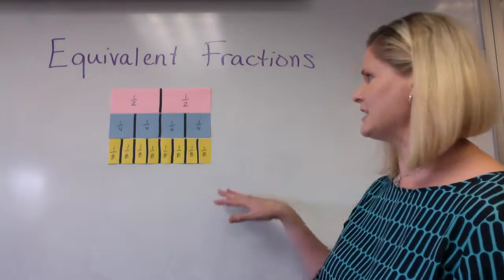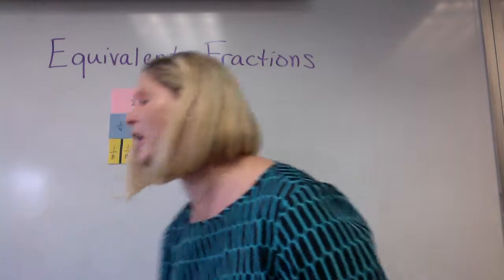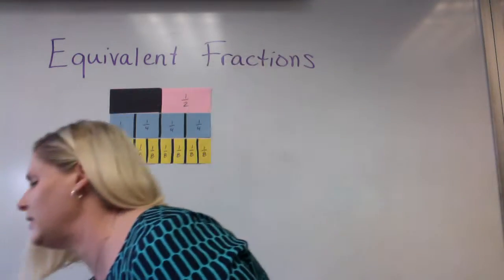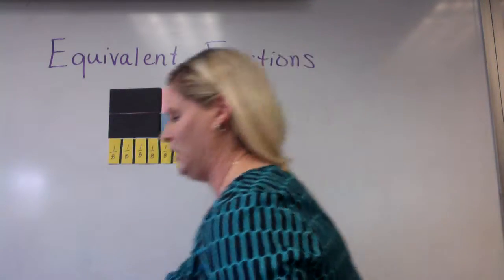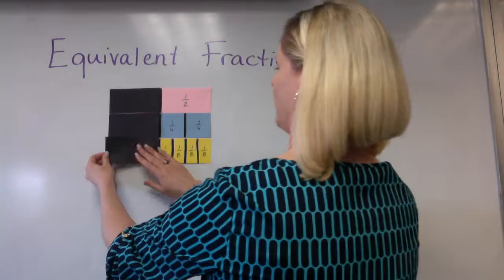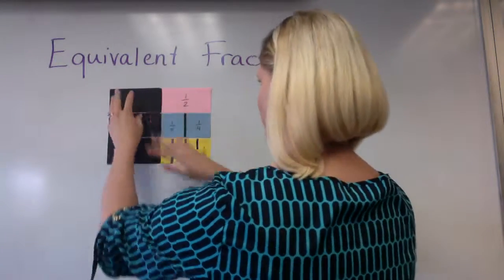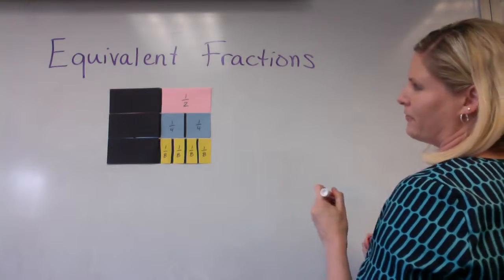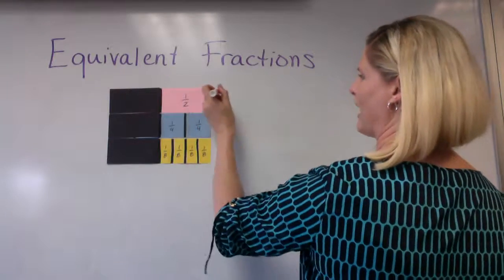So let's go ahead now, take our bars, and we're going to create a fraction out of it, right, by covering up portions of it. So I'm going to cover up one of the halves, I'm going to cover up 2/4, and then I'm going to cover up 4/8. So now if we create a fraction, we write the fraction that represents each one of those bars. The top one for the pink bar would be, we have 1/2 colored in out of 2 halves, so that would be